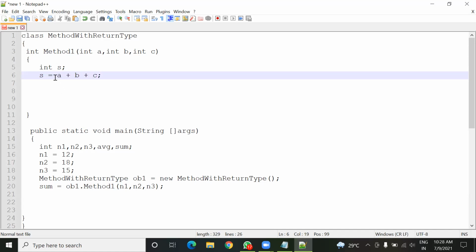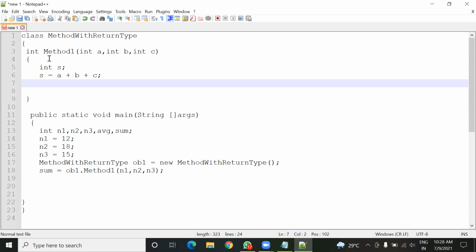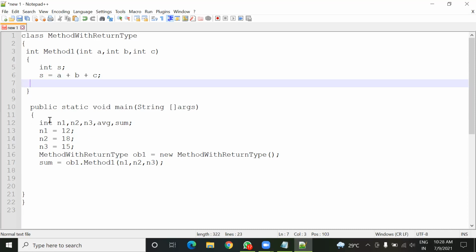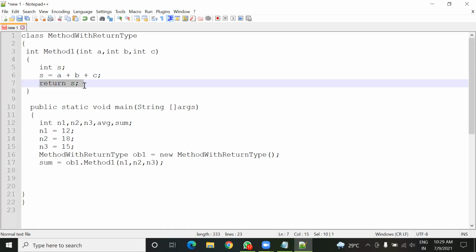Addition of these three variables means content of these three variables will be stored inside this variable s. So this is the result produced from this method one. The next thing I have to do here is to return. To return, I have to use this keyword return, and what I have to return? The value inside s. Means the sum stored inside this s variable. So I'll return this s using this statement return s.